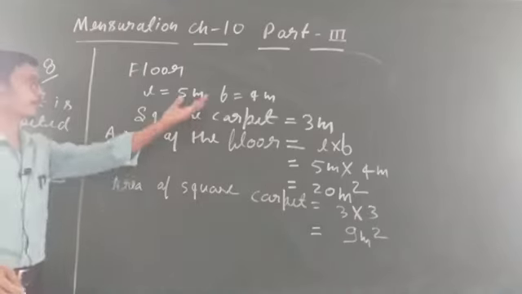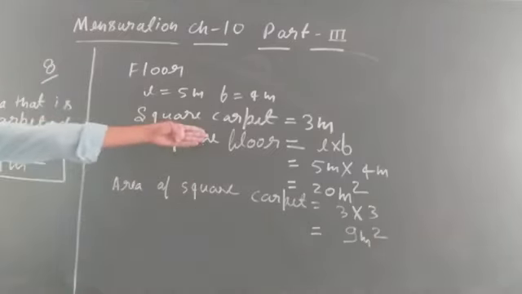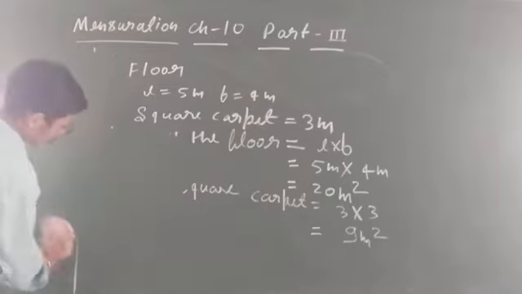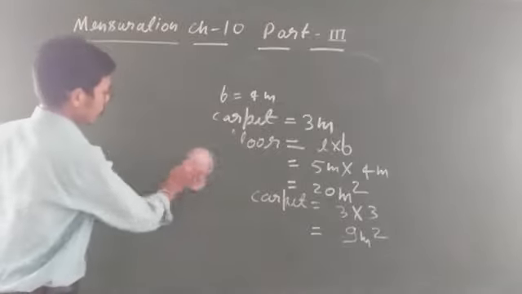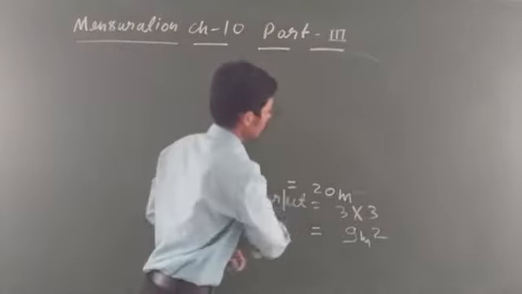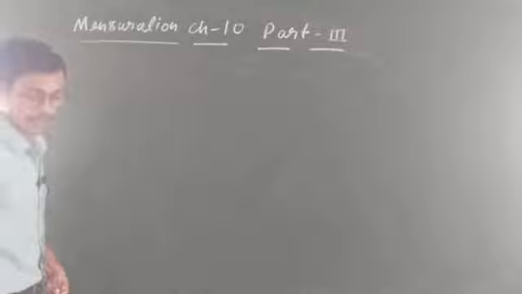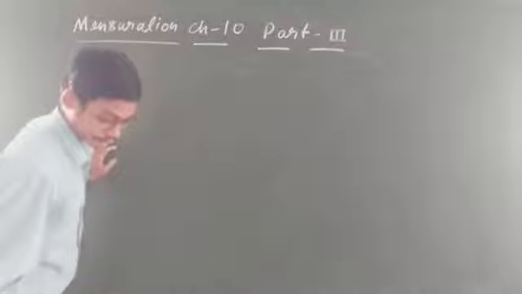Okay, again I am going to summarize what you have to do. You have to find out the area of the floor, and the area of the square carpet. Now you can see the total area is 20 and the area of the carpet is 9 meter square. So what is left is 11 meter square area, that is not carpeted. Clear, student? So I think this question is very clear to everyone. Okay, so now move to the next question. And each question you have to do in a clear copy. I have given the explanation properly. It is your responsibility to do all questions. Otherwise, your concept will not be clear. In the next class you will face the problem, and also in the coming examination.